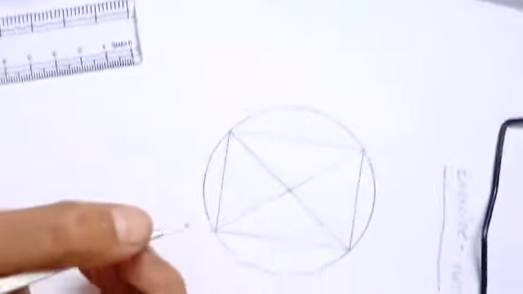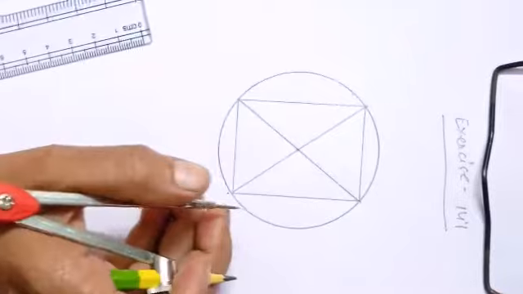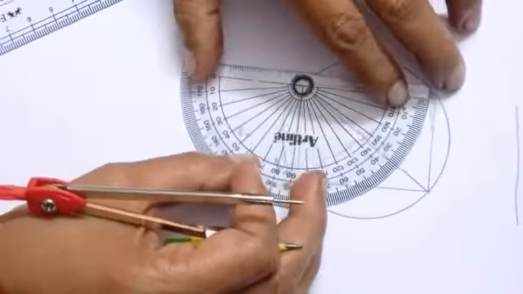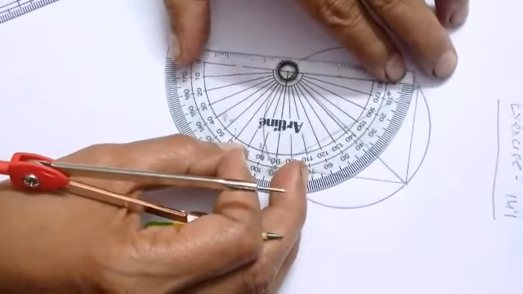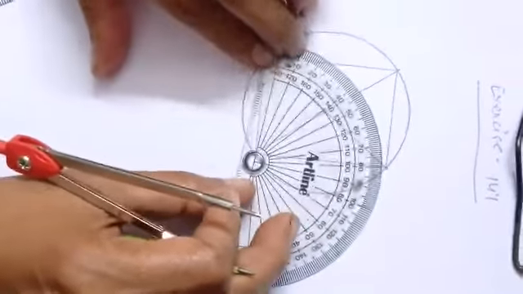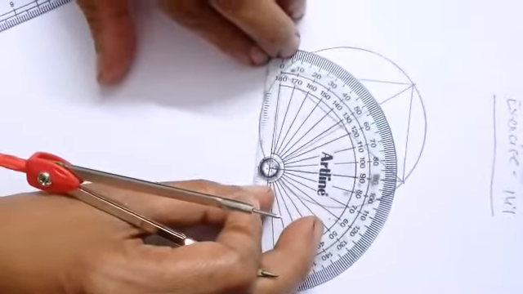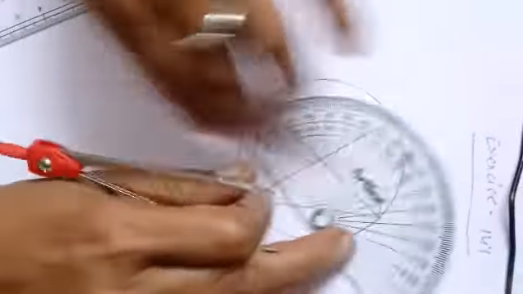Now to verify this, we can do another thing. We can measure the angles of this shape. Okay, let's check the angles also. If these angles are also 90 degrees, then I will be sure that yes, it is a rectangle. See, that angle I have got is 90 degrees. This angle, let's come to this one. What is the measure we are getting? Yes, it is also 90 degrees.